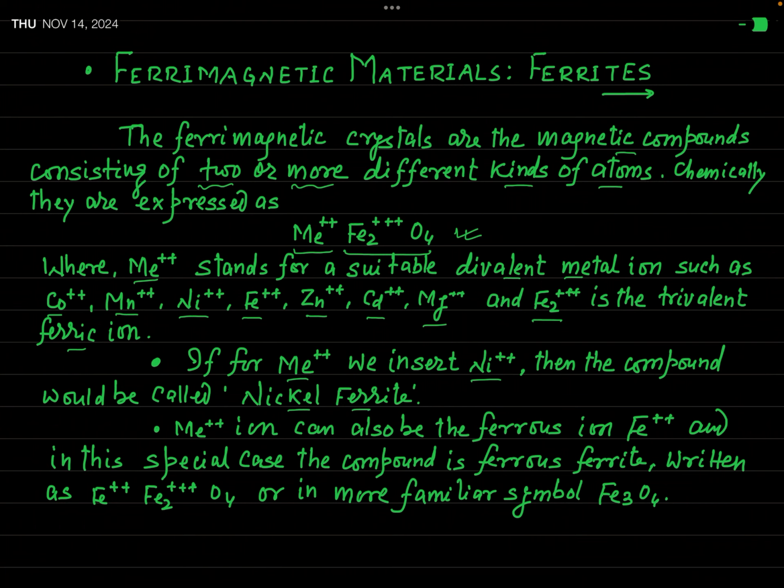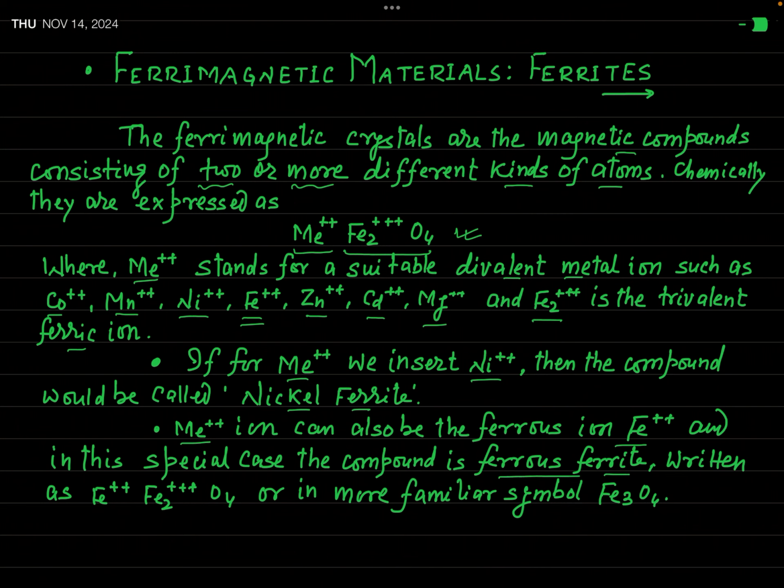Okay, and similarly, if you replace this Me double plus by this Fe double plus, which is actually the ferrous ion. Fe triple plus is the ferric ion and Fe double plus is the ferrous ion. Okay, when this Me double plus is replaced by Fe double plus,